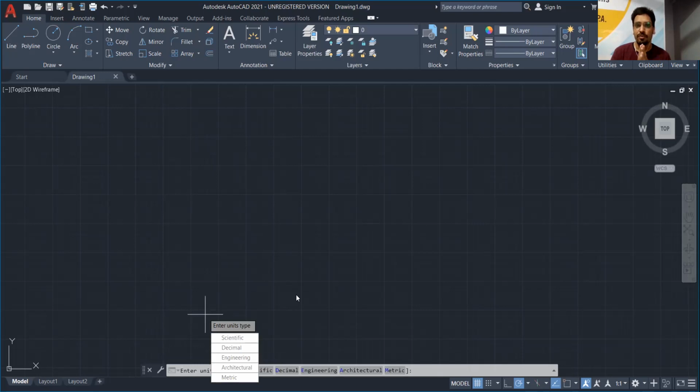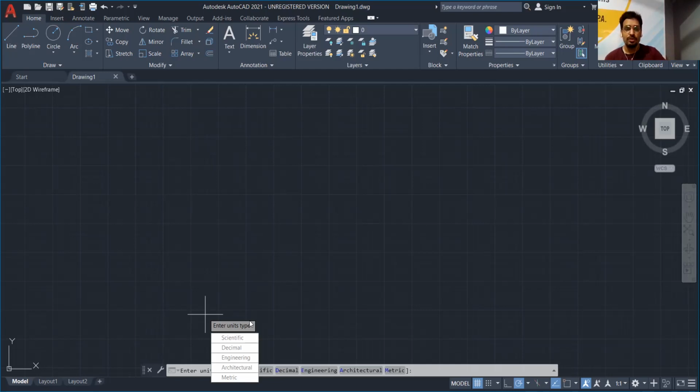In that case, if we type 5, then according to AutoCAD this 5 can be meter, millimeter, centimeter, or kilometer. At the end of the work, you have to write that all dimensions are in mm or in centimeter.